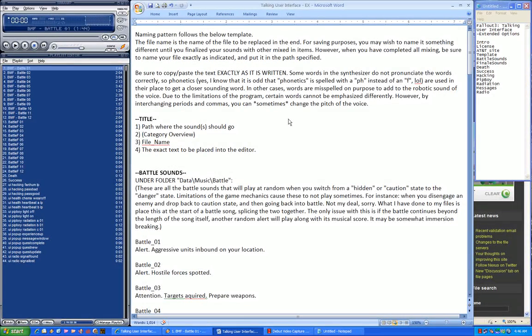So what I need to point out is a couple things here starting off. Let's go over the Word document that you see in front of you here. The naming patterns are as such that the name of the file needs to be replaced in the end. What I'm pointing out about that is that for saving purposes, when you're downloading these audio files from the AT&T website, don't name it